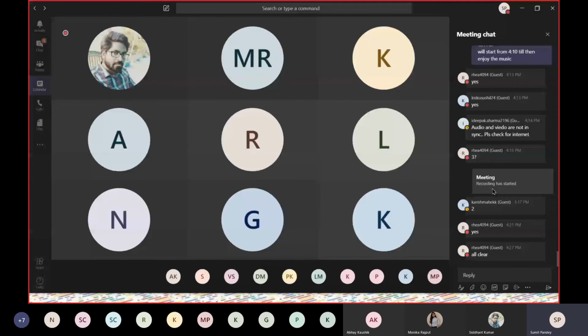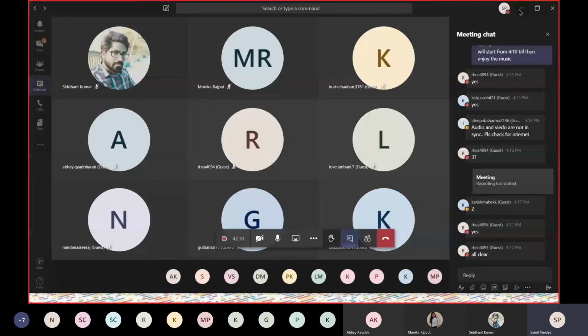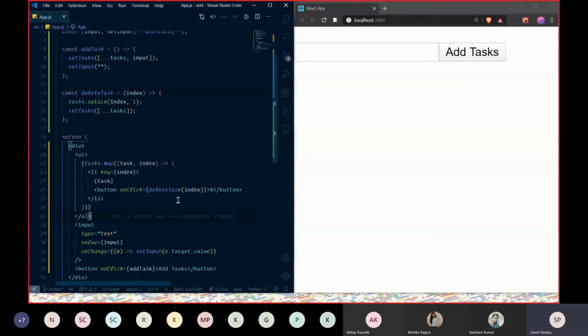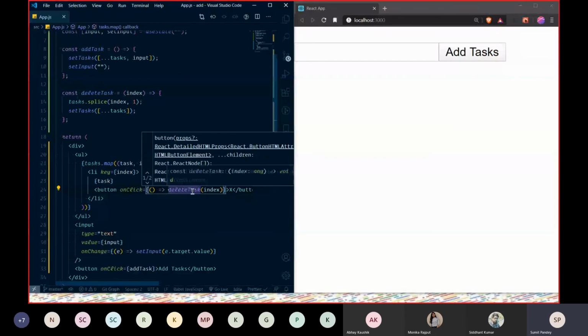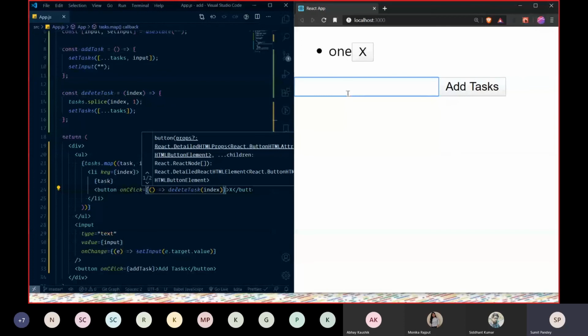Okay, let me go ahead and answer this for you. What I'm doing is I'm directly invoking the function right here. So as soon as I add any work to my list, this function gets executed right on the fly. That's why it keeps on disappearing. To prevent this, this function should only trigger when I click this delete button. So what I can do right here is pass a fat arrow function, and inside that fat arrow function, I can do this delete task thing. Now if you guys go and type 1, voila, it's not getting deleted by itself. You guys see that? Okay, cool.